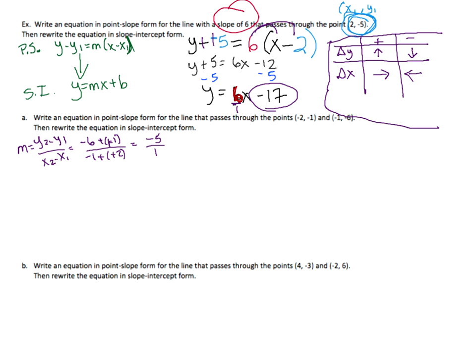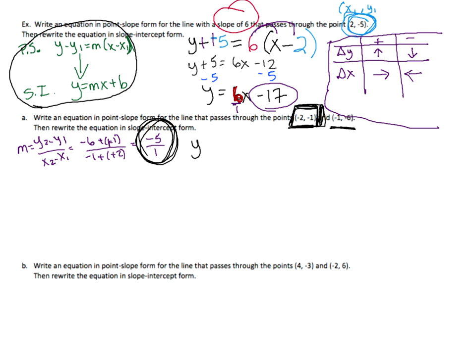Now, moving from point-slope to slope-intercept, for the sake of room, I've got my formulas written here. I would normally rewrite them, but I don't have enough room on this screen to do that. So I'm just going to go ahead and plug everything in. So I've got my slope, and I can use either point. I'll use this first one. They're both on the line, so it doesn't matter which one you use.